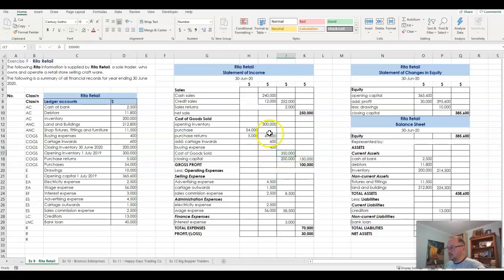This figure here is the sum of this whole column there. Now, it's not supposed to say cost of goods sold. It should say cost of goods available for sale. I'm going to double click in here, and my cursor is now inside the cell. I can now move my cursor around with the arrows. Cost of goods, I'm going to write in here available